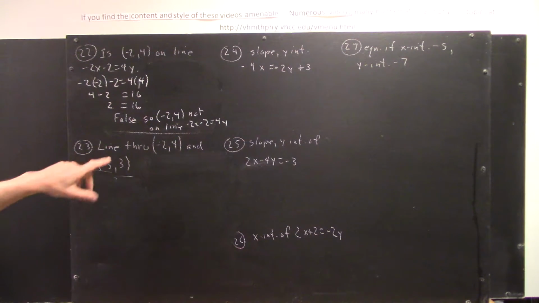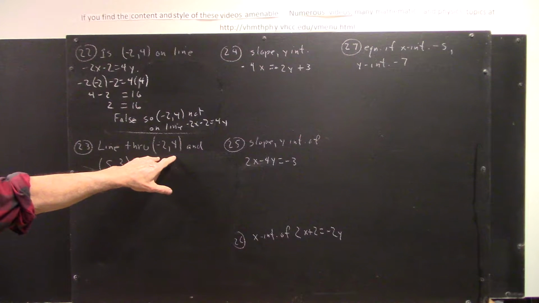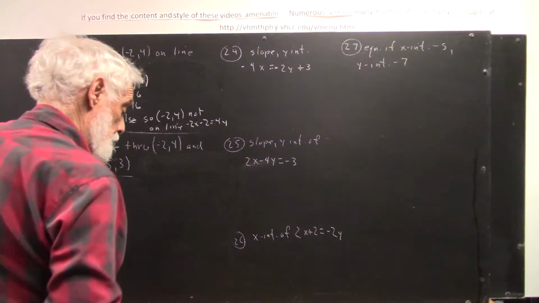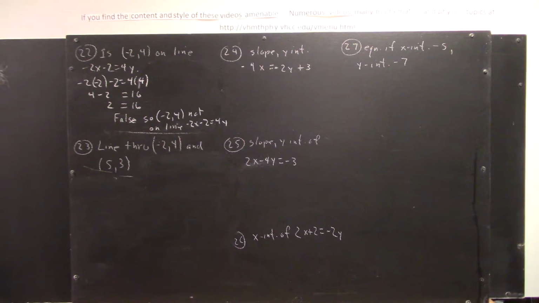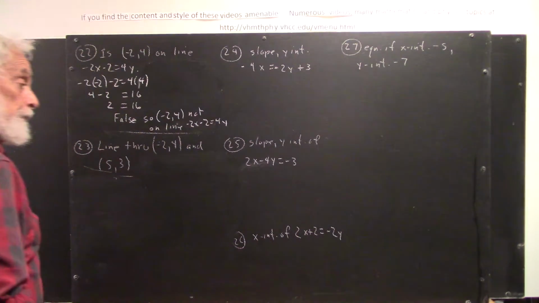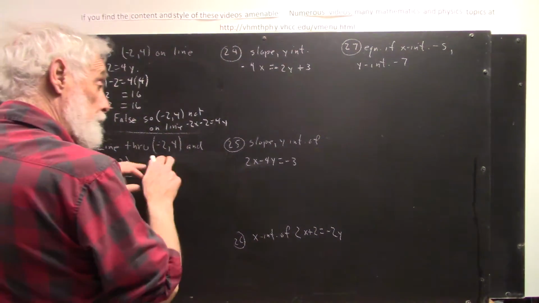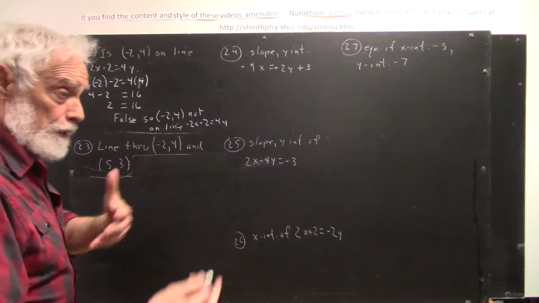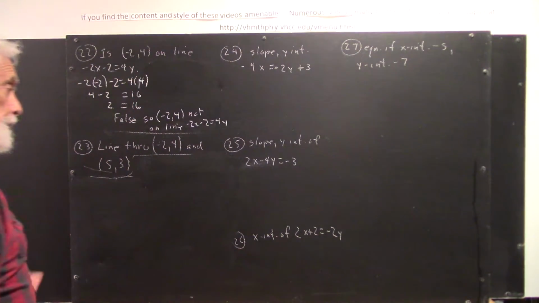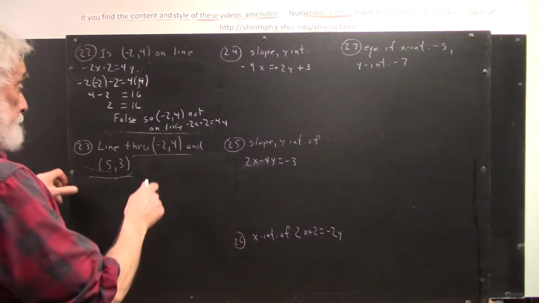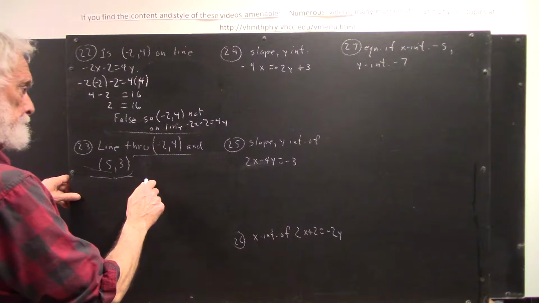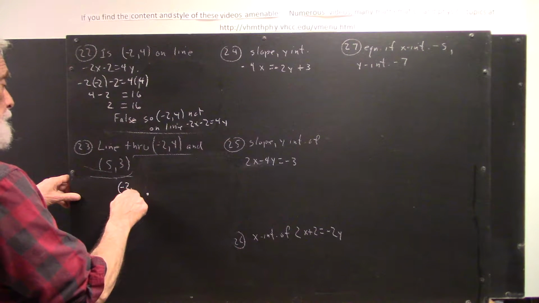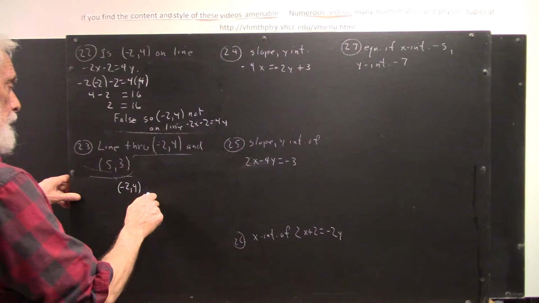Next, let's find the equation of the line through (-2, 4) and (5, 3). Now there are numerous ways to do that. The preferred way, if we really want to understand what the equation of a line means, is we construct a fundamental triangle with these 2 points. Whenever we've got 2 points, talking about something involving the line or its slope or the distance between the points, it's always a good idea to construct a fundamental triangle. So I'm going to put (-2, 4) here and (5, 3)